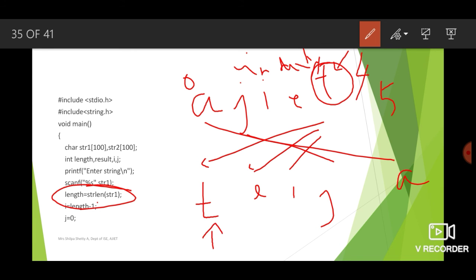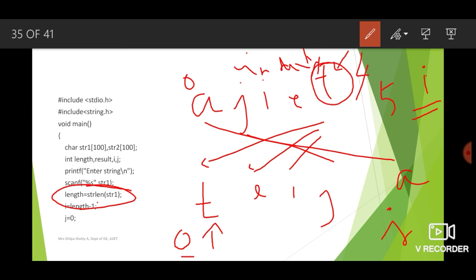So what you should do is, the character from the fourth index has to be copied to the beginning. What is the first index? It is 0. I hope it is clear. Now imagine the index representing the first string is i, and the index representing the second string is j. Then what is the value of i initially? It should be 5.